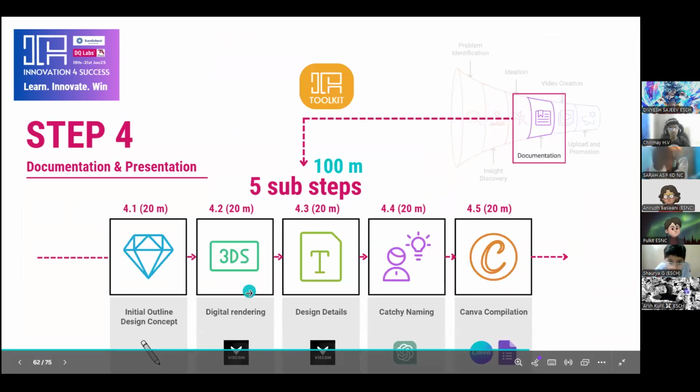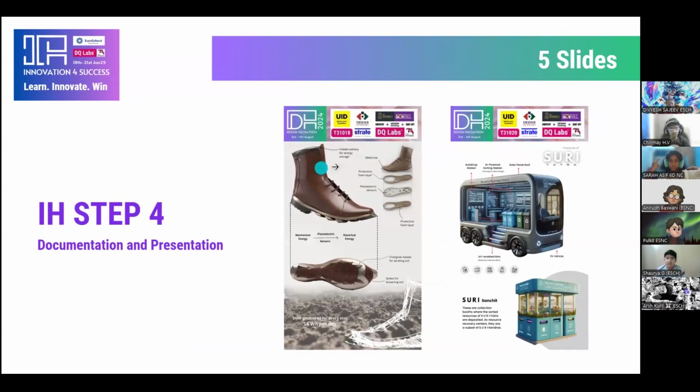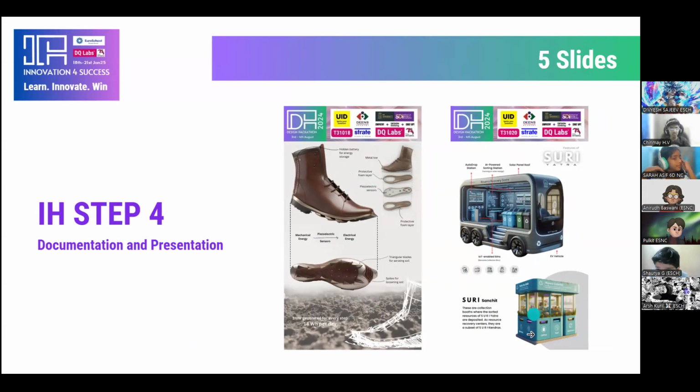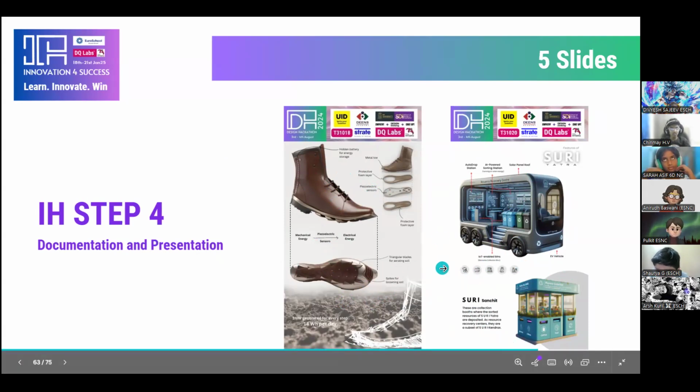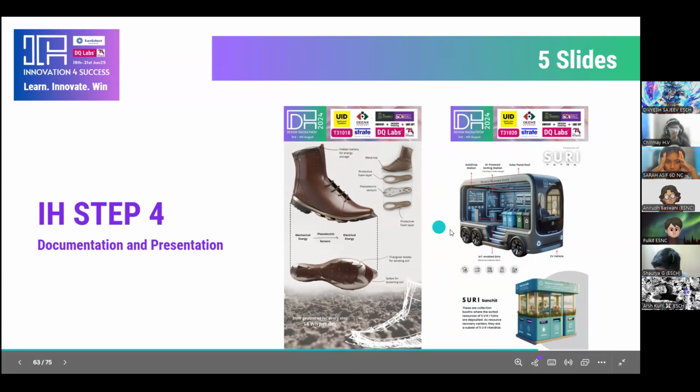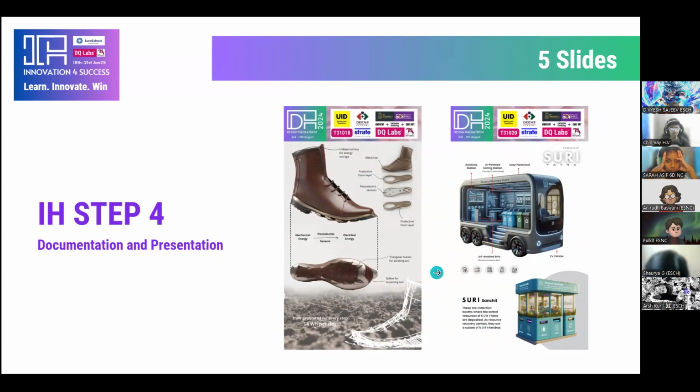Right. So once you figure out some details, once you get the final rendering of your product, you'll be looking at how you can detail out the product as well. You can see here that the student has labeled each part and explained what it does. Even though it's minimal text and most of it is communicated through images, it's very easy to understand the different parts and how the design is working. This is something that we want all of you to create as well. And this slide is the output of your fourth step, which is documentation and presentation.